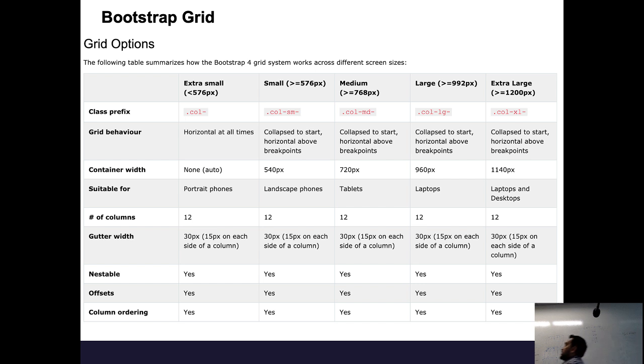The second one, MD, means your tablets. Tablets have a width of 768 pixels and more. Again, we are talking about width. You understand the width and the pixel now, right? We did the CSS, you're defining a width. Large, LG, is for devices like laptops which have a width of 992 pixels and more. Similarly, the last one is for big monitors and devices that have a width of 1200 pixels and more.